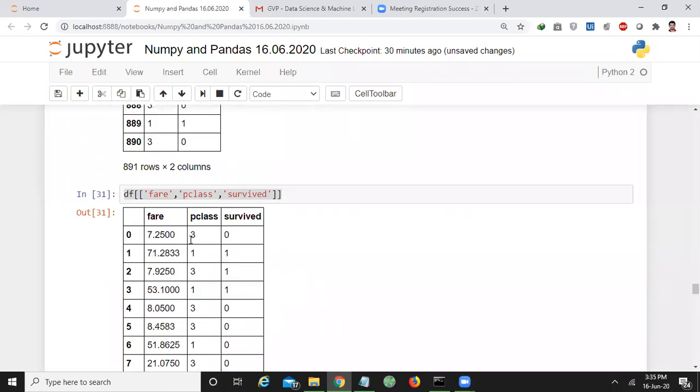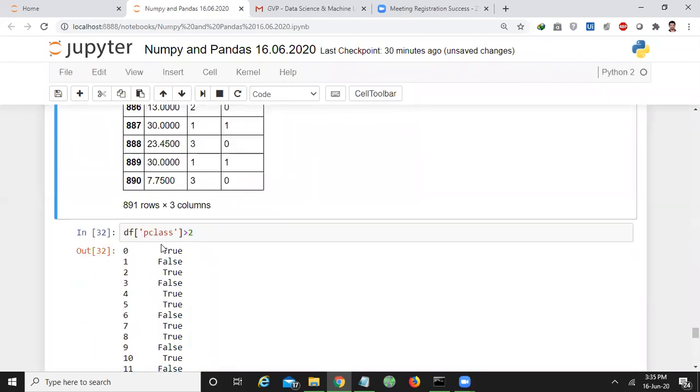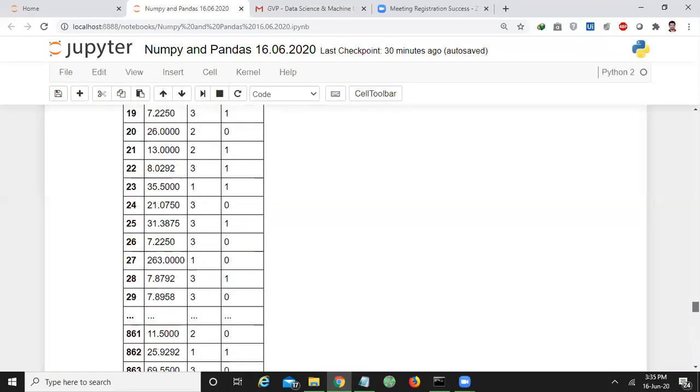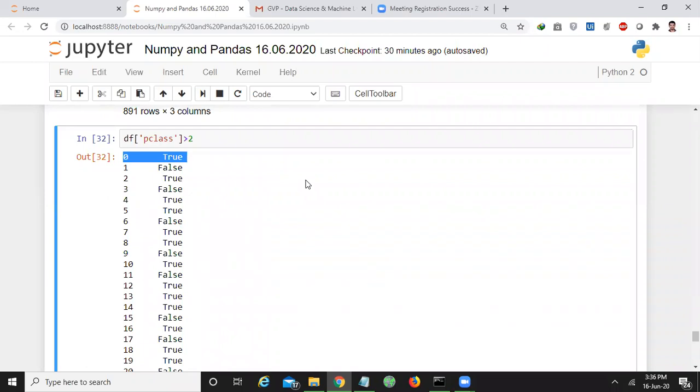It is 3. 3 is greater than 2, yes, that's why you are getting true here. Similarly, let us see the passenger class of the second passenger. It is 1, which is less than 2, not greater than 2. That's why you got false here.